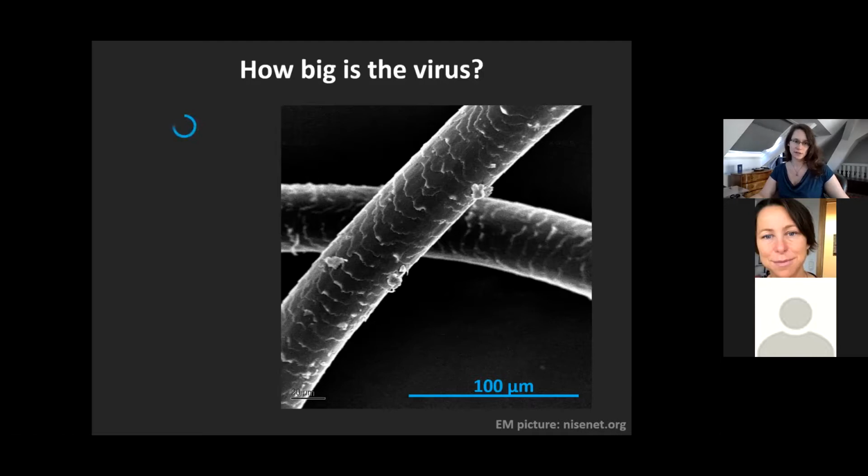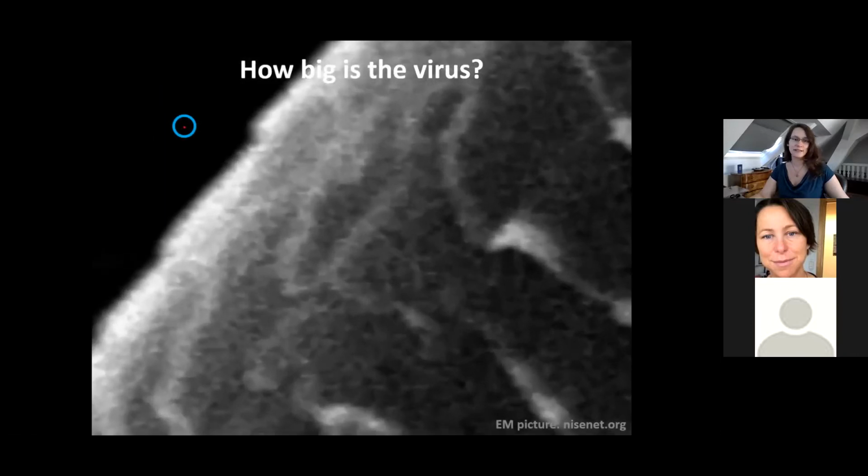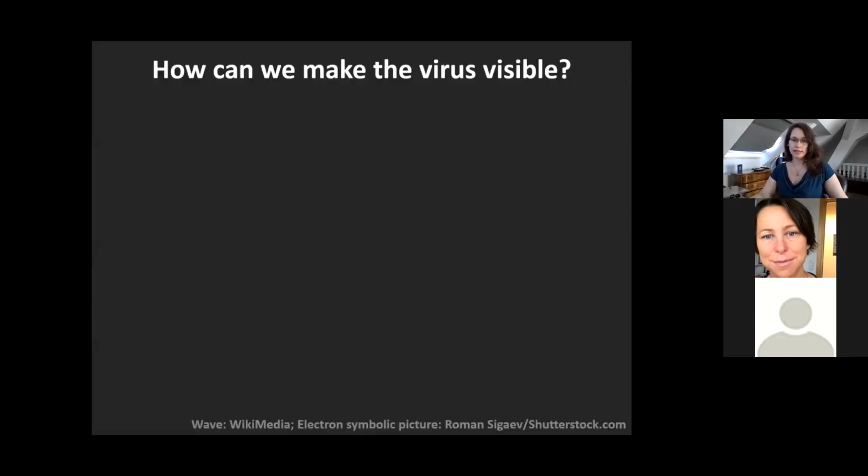And this is the virus in comparison. And if your screen is not very large, you may not be seeing the single red blob. So we're going to zoom in, and then the virus becomes somewhat visible. So this is 150 nanometers. And the problem is that if the virus is 150 nanometers and an atom is 0.1 nanometers, in order to